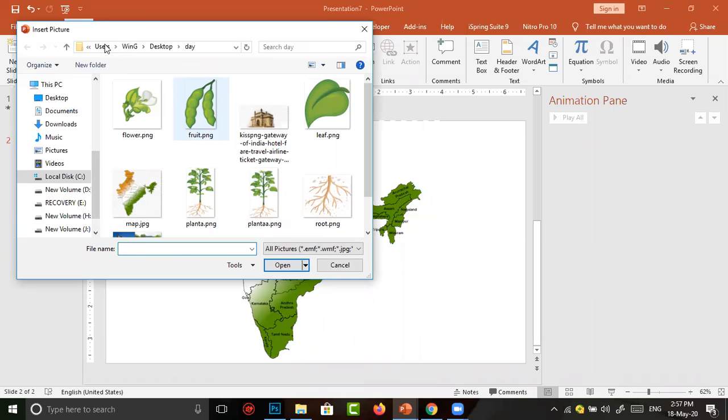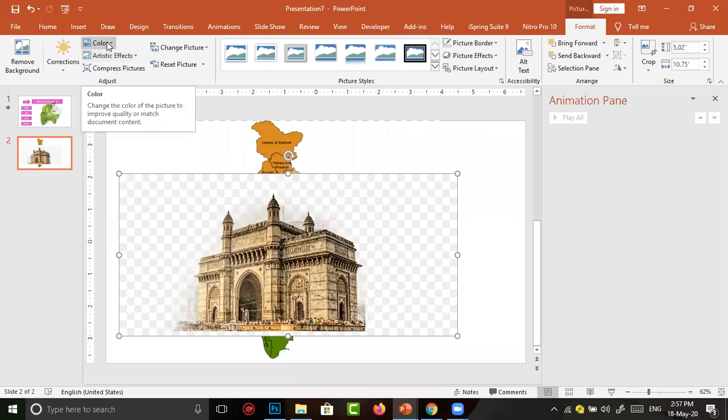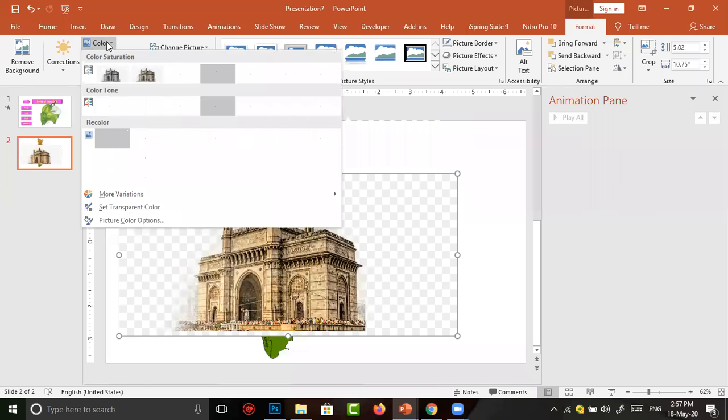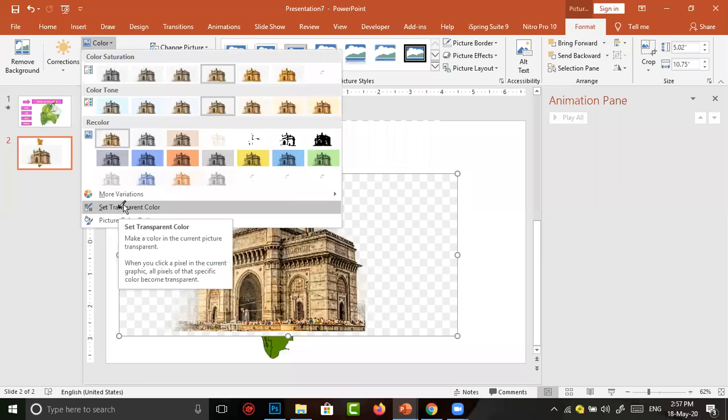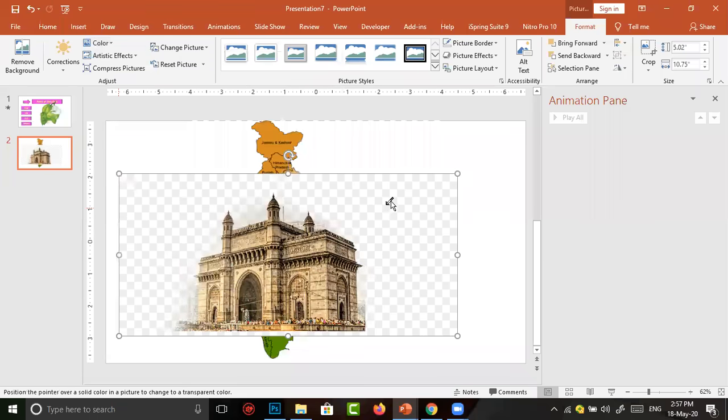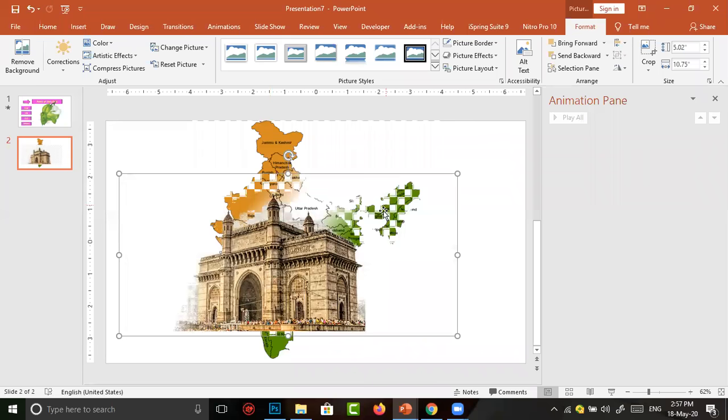To remove this background with the help of format, choose color. In color, there is an option called set transparent color. Click on set transparent color. Then click over the picture. The pixels will be removed.